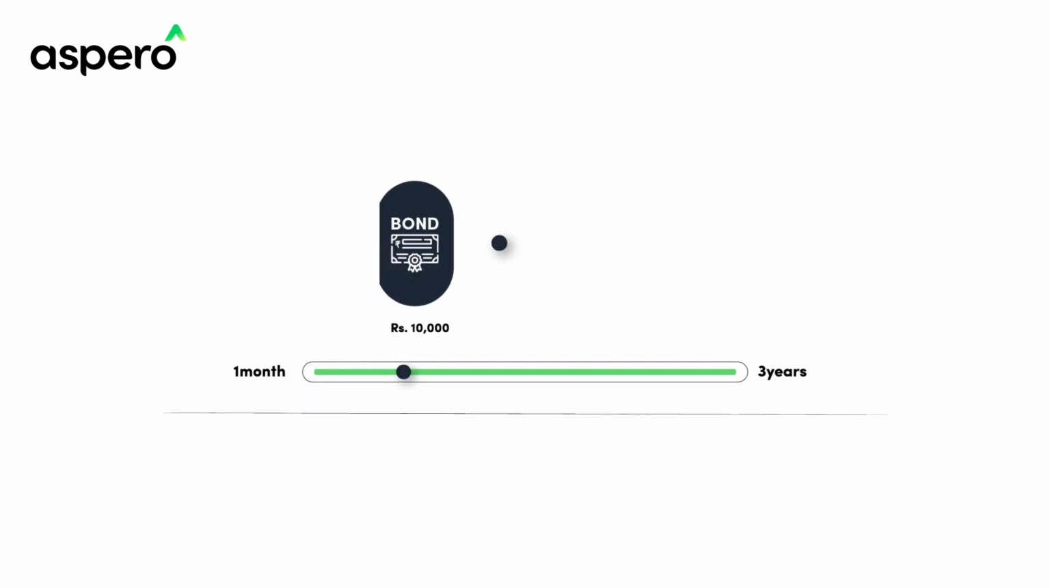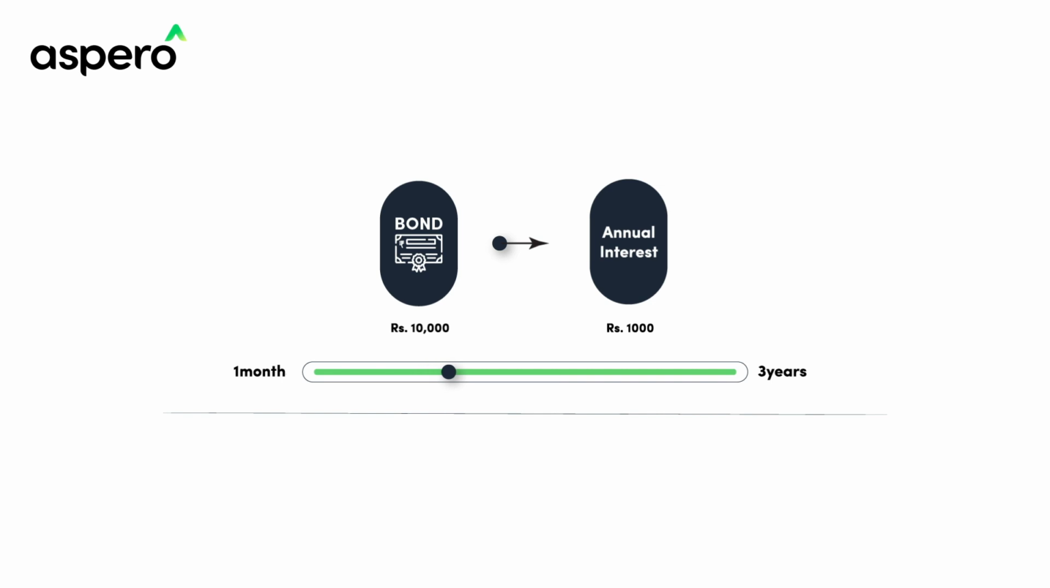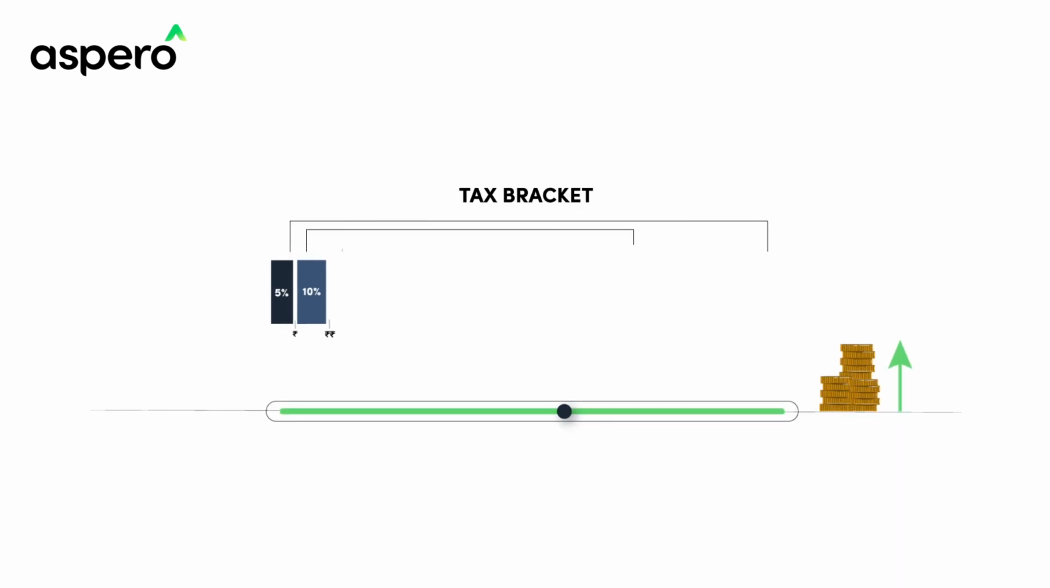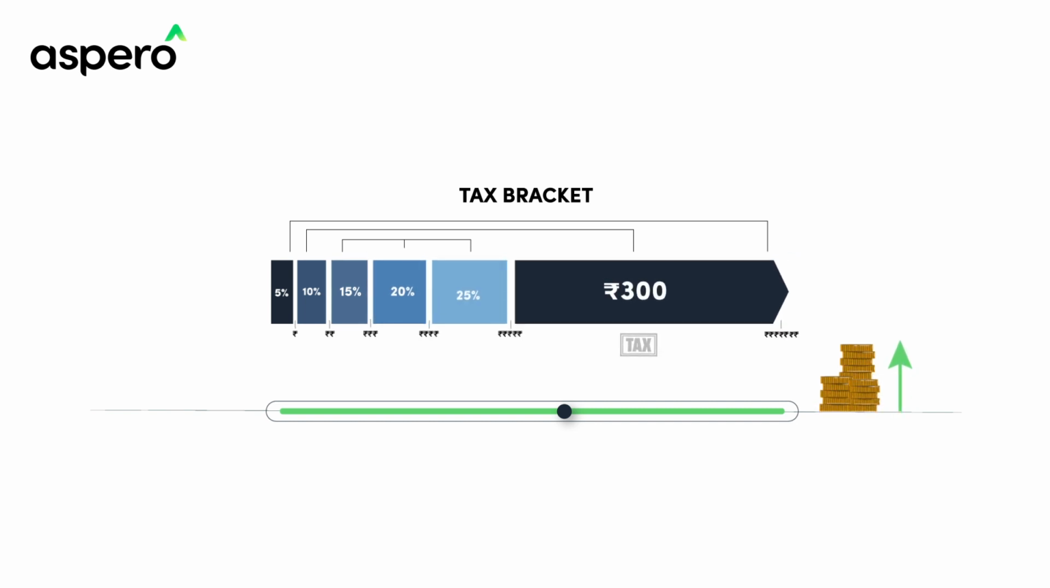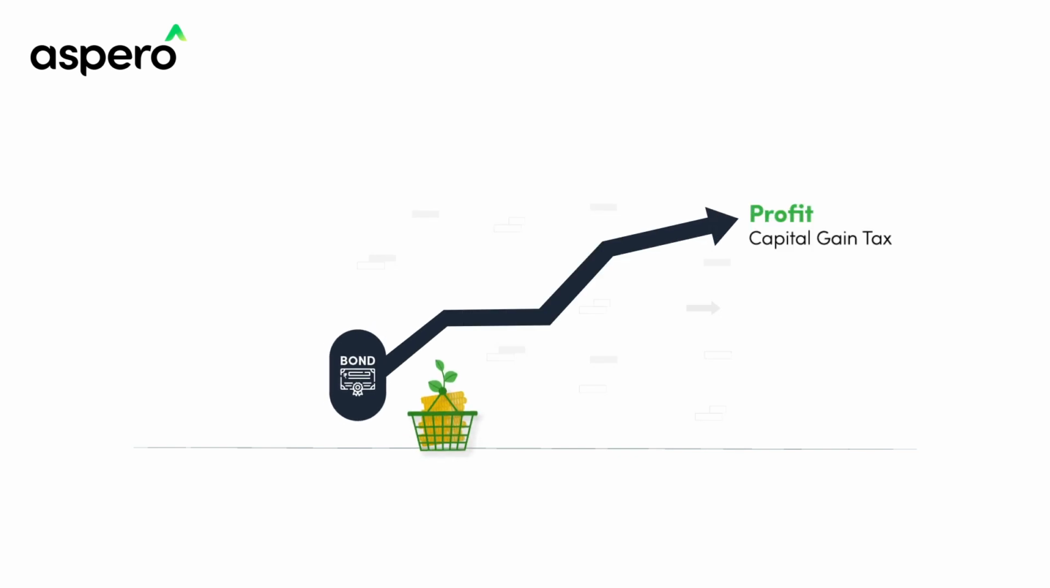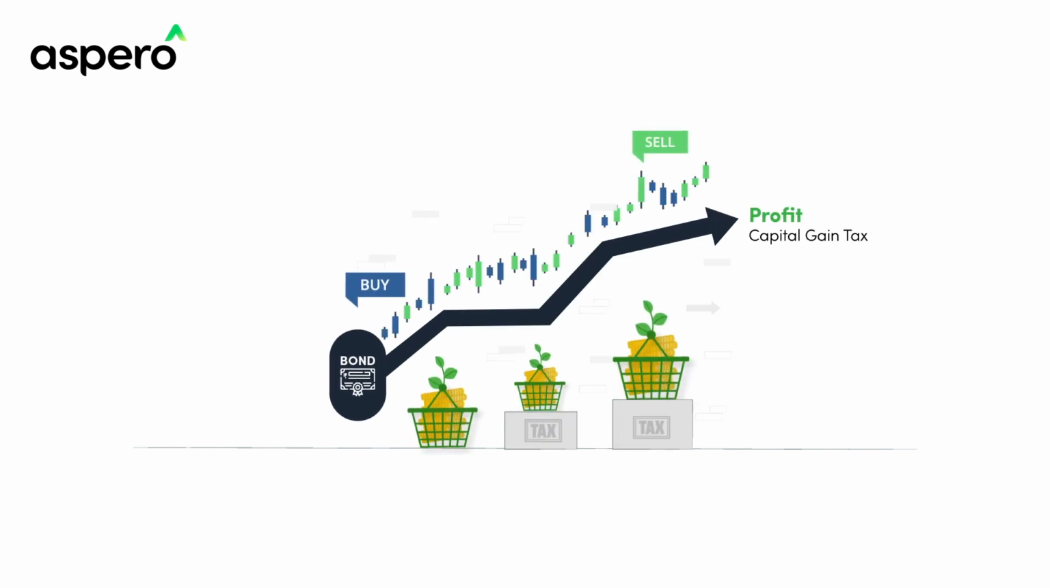For example, if you buy a bond for Rs 10,000 and it pays an annual interest of Rs 1,000, the interest income will be taxable and you will owe Rs 300 in tax if you're in the highest income tax bracket. If you sell a bond for more than what you paid for it, you'll also owe capital gains tax